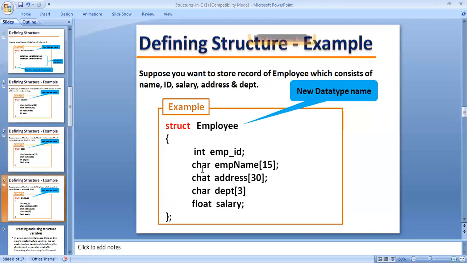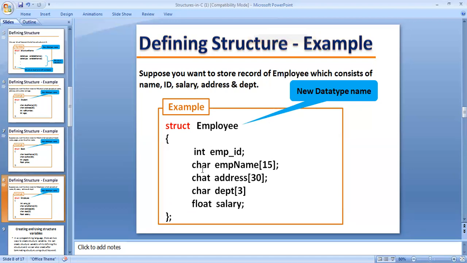Another example, we take employee. We are defining the employee structure name, and in this there are employee name, ID, salary, address, and department, totally 5 types of elements defined in the structure. The struct is the keyword and employee is the structure name.